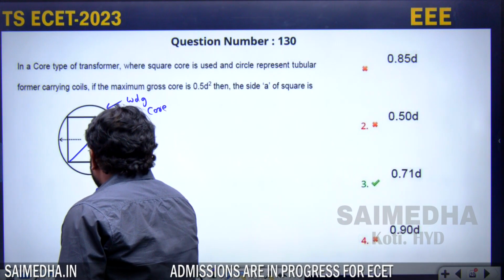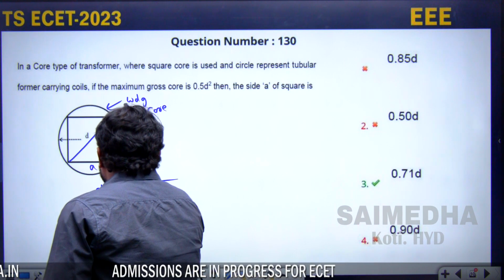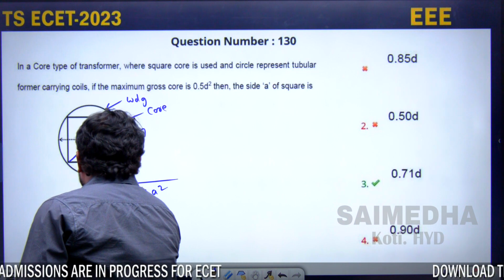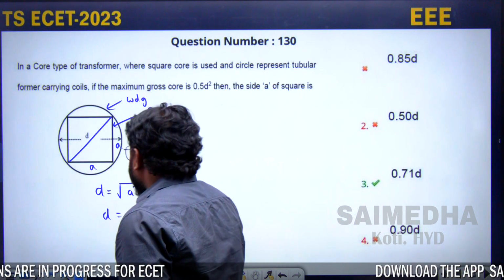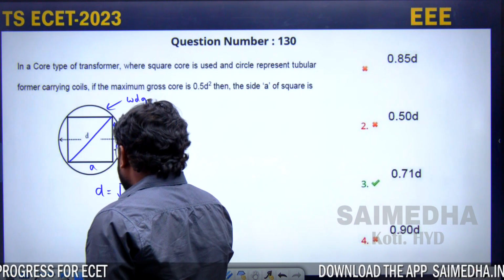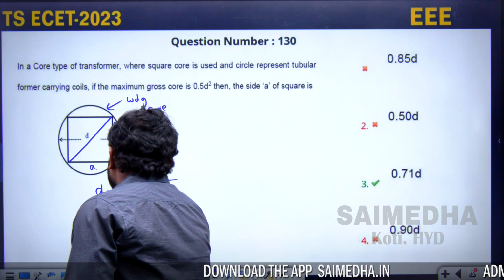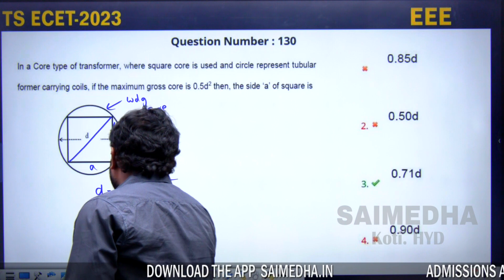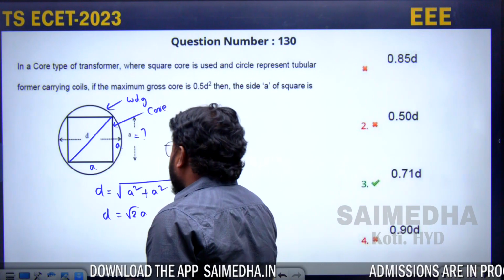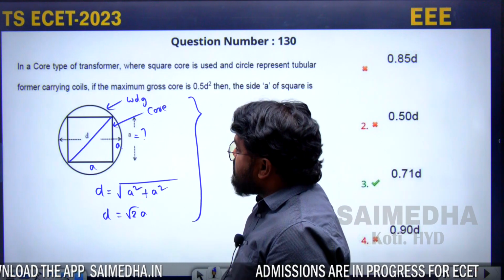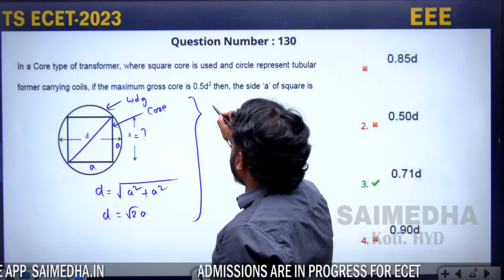D is equal to under root of A square plus A square, where D is equal to the diameter of the circle. So this one is A square plus A square, that is root 2 times of A. Now D is equal to root 2 times of A, and next we know that given also the